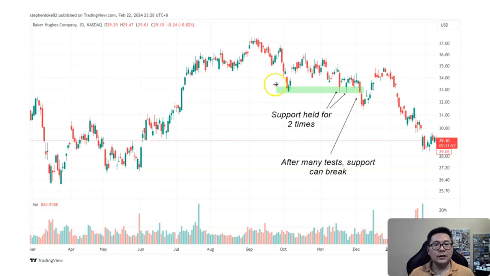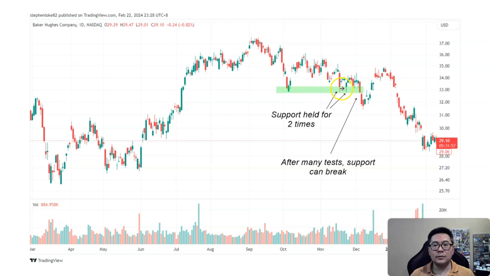Now, Baker Hughes, the stock rose and then it corrected, and it quickly went back up, but this time when it corrected, it was not able to hold the support. The first time it tried to rise, the second time it tried to rise, but eventually the support broke. So with this principle of a previous low as support, sometimes when it is tested multiple times, especially a second time or third time, you want to be aware of it. And especially if the stock fails to make new highs, it failed to go above the highs of this swing high,